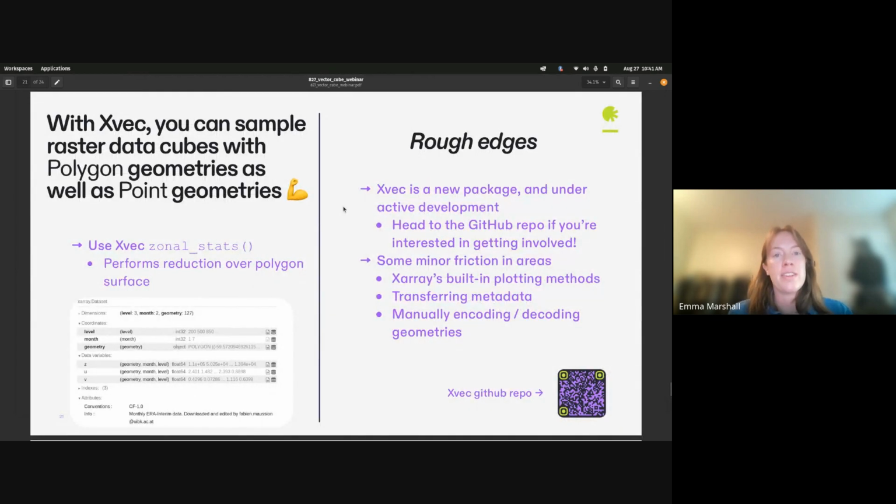I'm not going to show this in the demo, but it is important to note that another really cool element of Xvec is that in addition to point geometries, which we just showed, you can also create a vector data cube based on polygon geometries. You would do this with Xvec's zonal stats method, and that's going to perform a reduction over the surfaces of the polygons that you pass it. This is a repr of what that can look like. You can see this is a three-dimensional vector data cube with a geometry dimension made up of an array of